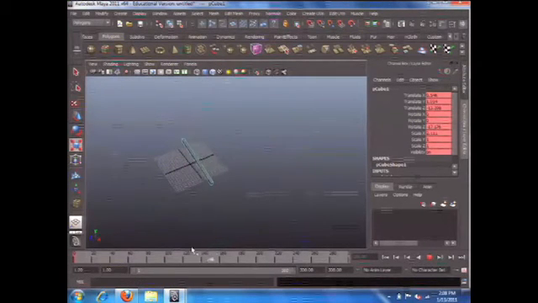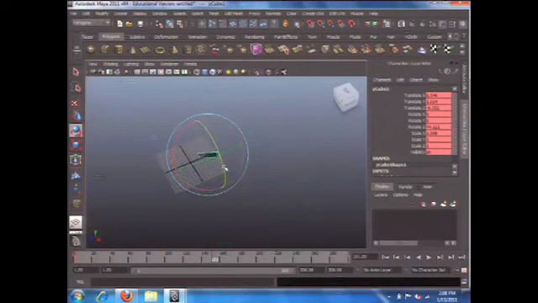So I can keep adding details. Let's see, at frame 150, something like that. So here I'm going to rotate this box this way, use S to keyframe. Now you can see Maya will recalculate, see that? Transition between 3 keyframes. At this point, for example, frame 240, I will scale this box, make it really, really